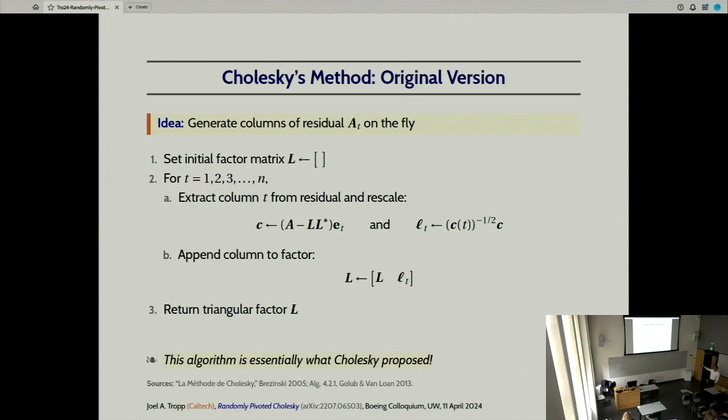At each step, we only pick off the new columns one at a time. The reason this is important for Cholesky is that he's calculating by hand. He doesn't want to have to subtract off this outer product from his matrix every single time, because that would involve erasing all of the numbers and overwriting them with new numbers.